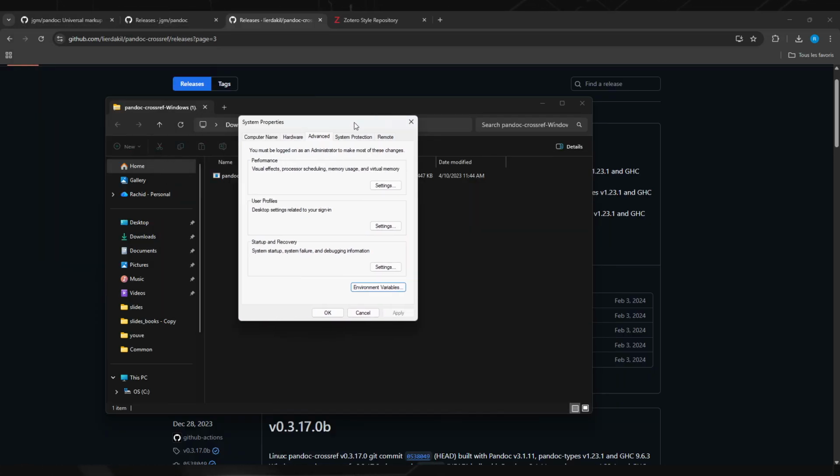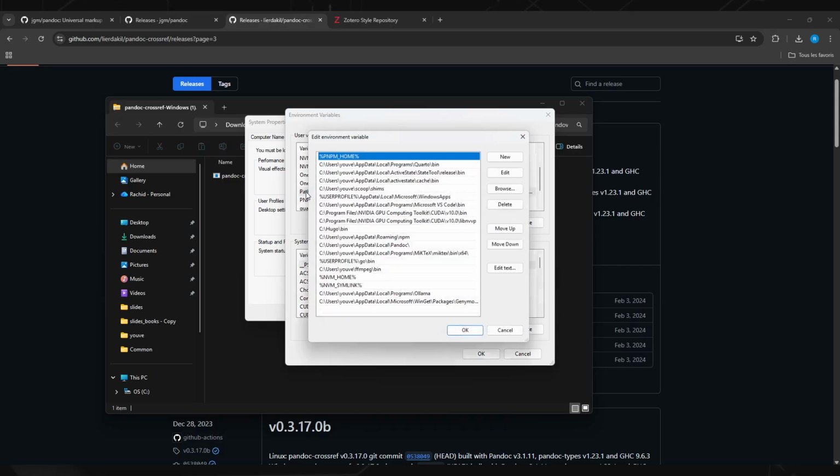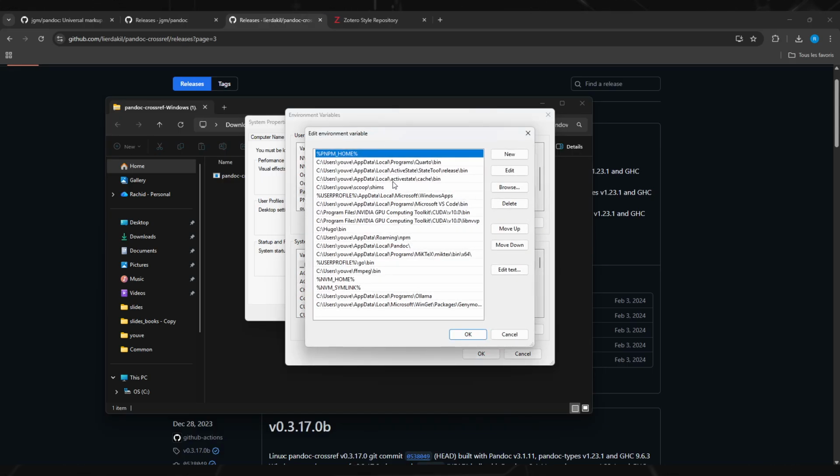You go to environment variables and look at Path, and you will see something like this, and normally you will see a path where you see Pandoc. This is where the installer placed Pandoc. So just head to this location,